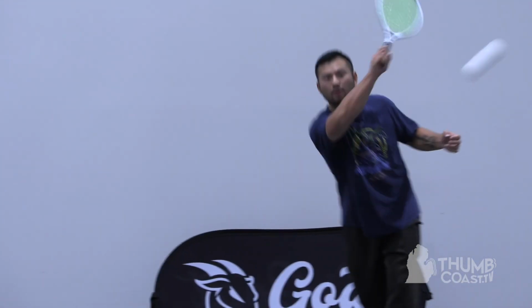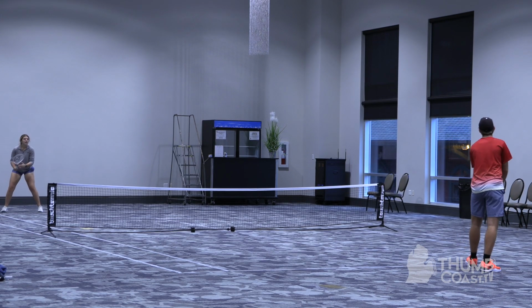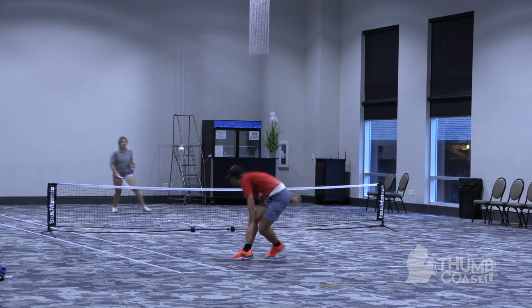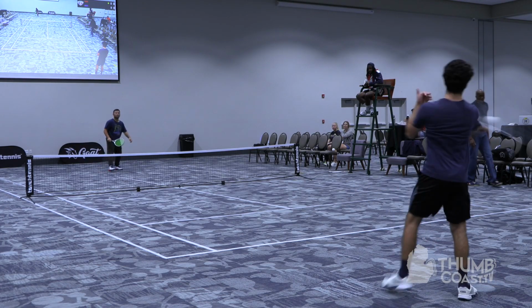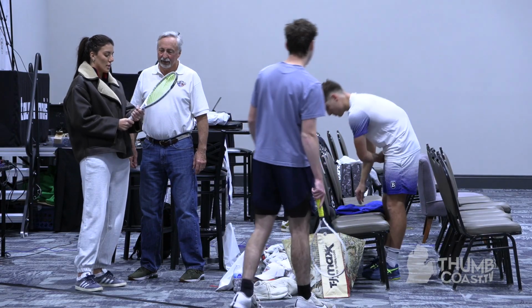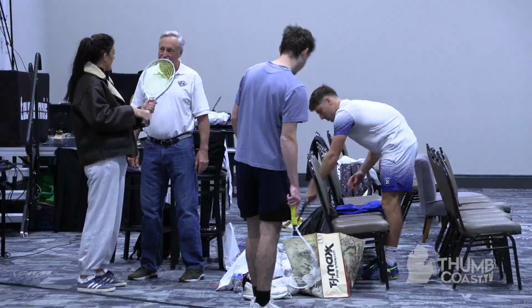Well, touch tennis has a court about the same size as pickleball, but it is very similar to tennis. It is a scaled-down version of tennis. It has the serve, it has underspin, it has topspin. If you look at touch tennis being played, if you didn't know what you're looking at, you'd swear it's tennis. We say it has all the athleticism and drama of the full court game in a much easier format